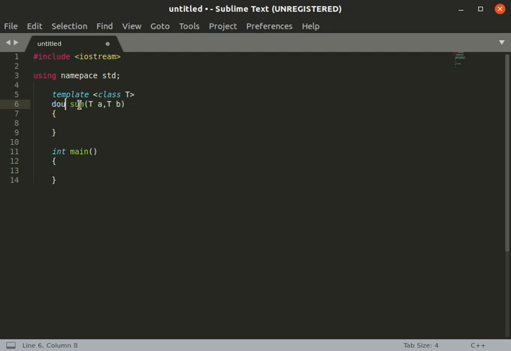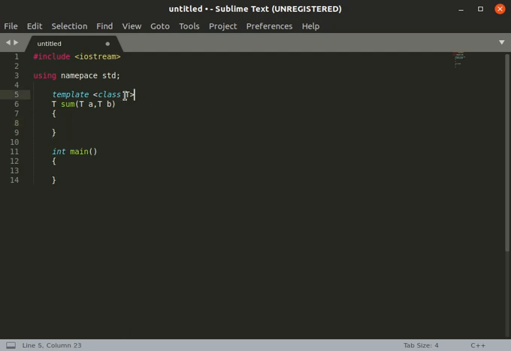If I pass integer, then it will replace this T with integer. If I pass float, then it will replace this T with float data type. So this is a generic data type which we can use for our ease.